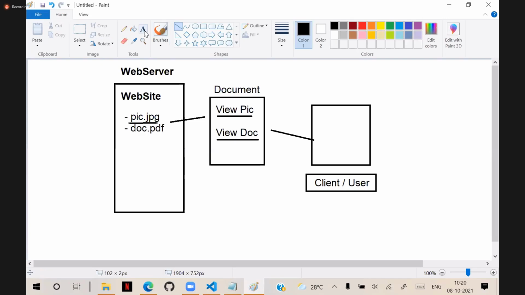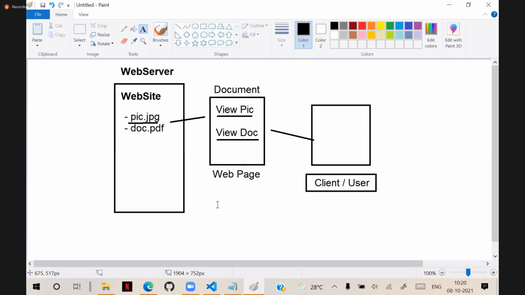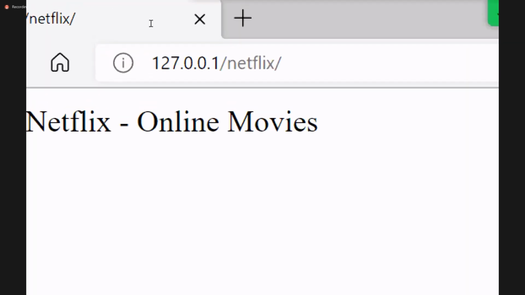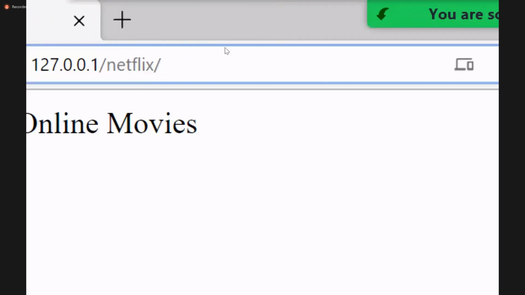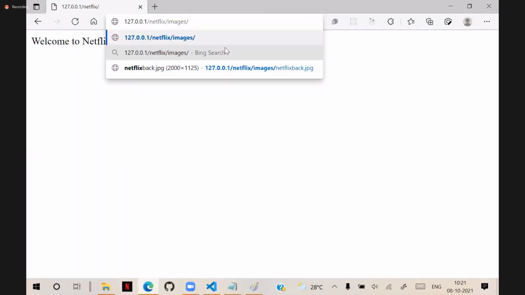That means this is a document providing an interface to interact with the resources. And this document is called what? Web page. For example, I will show you here. Suppose this is the Netflix homepage. I have some resources here. We already kept some resources, which I showed you in the last session. So we have a folder called what? Images. In images, we have